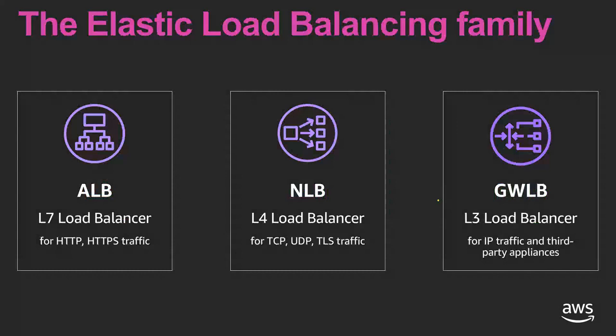Now, what is today's discussion topic? Load balancing in AWS is a family of services. There are multiple services available for load balancing, and they serve different purposes and have specific use cases. There are four. I have mentioned three here. I will talk about the last one also, but we will talk mostly about ALB today. What is the Application Load Balancer? Sometimes people call it a layer 7 load balancer. We will talk about NLB, the Network Load Balancer, which we sometimes just call an L4 load balancer, and a very new type of load balancer called the Gateway Load Balancer.